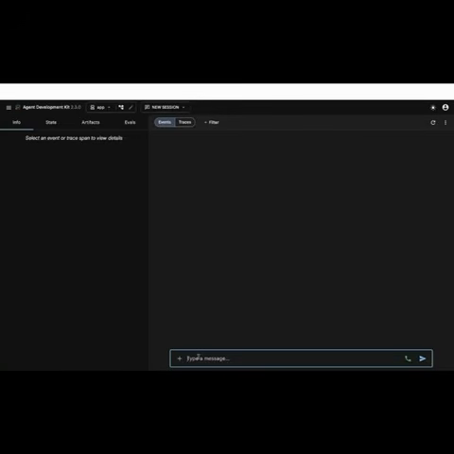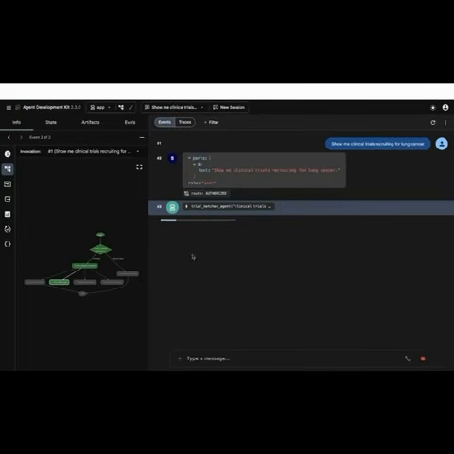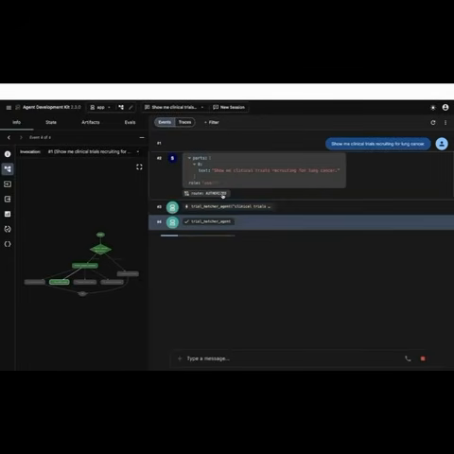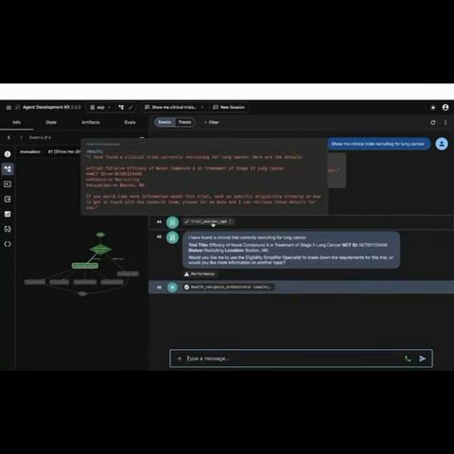First, I'll ask it to show me clinical trials recruiting for lung cancer. Under the hood, the security checkpoint authorizes the input. The orchestrator delegates this query to the trial matcher specialist. The trial matcher specialist then invokes the MCP search tool and returns the recruiting trial NCT